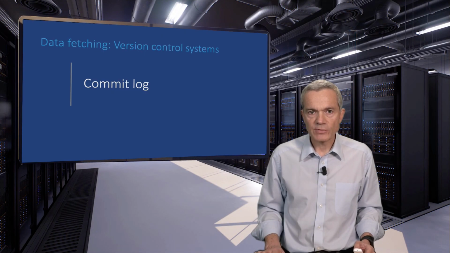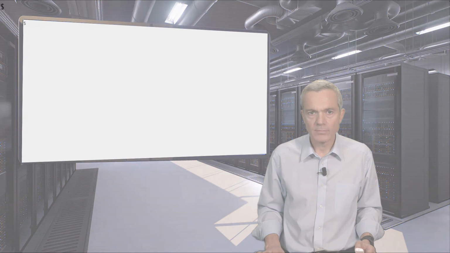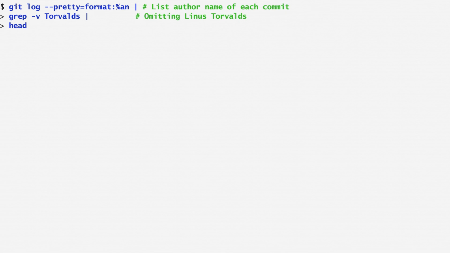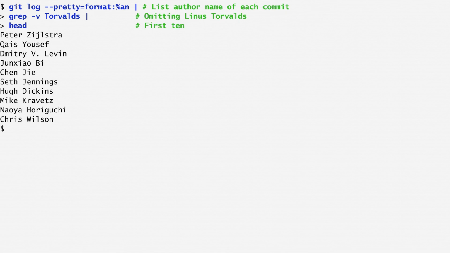Git allows us to see a repository's commits, atomic changes recorded in the repository, in any format we specify. In the previous example, we introduced the git log command and listed the commits of the Linux repository. Taking it a step further, we now use the pretty equals format option of git log to display the name of the author of each commit.